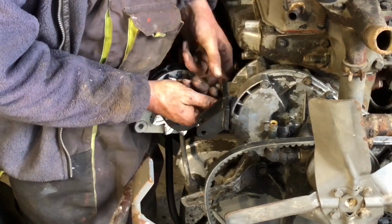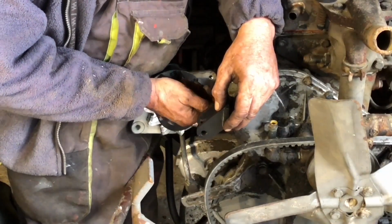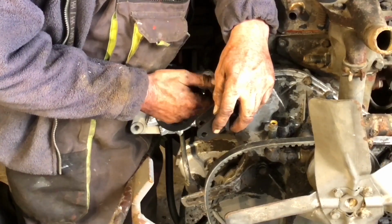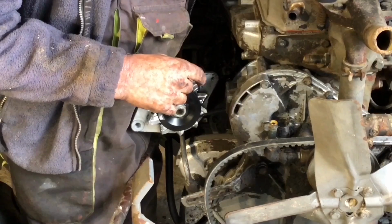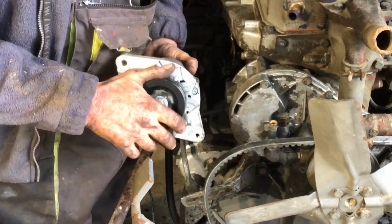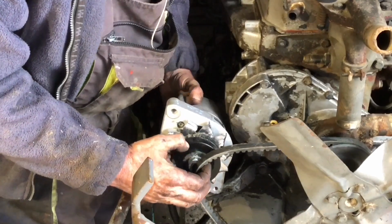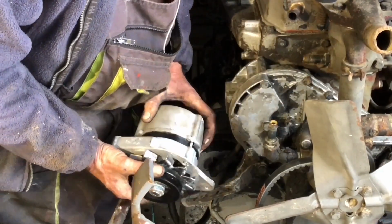So if we ignore the fact that they've sold a kit that says it's suitable for a tractor with power steering, which it's not, Olsson parts, not suitable for a tractor with power steering at all. This is a generic generator, alternator, right? It will work with anything. However, we now have to fabricate something from scratch. Whatever we do, we can be assured this belt is no good. We've got to forget the belt, so we've got to line all this up